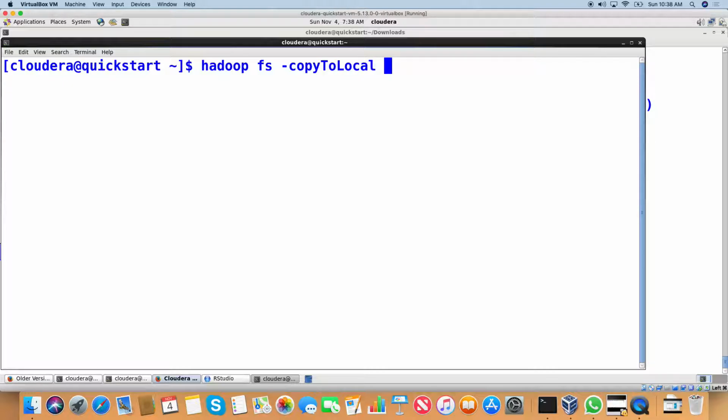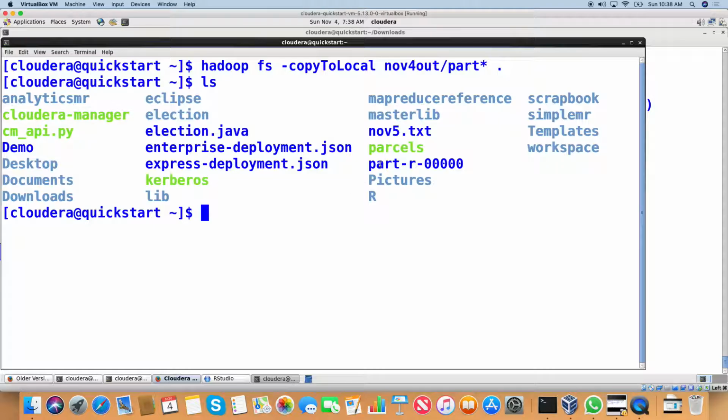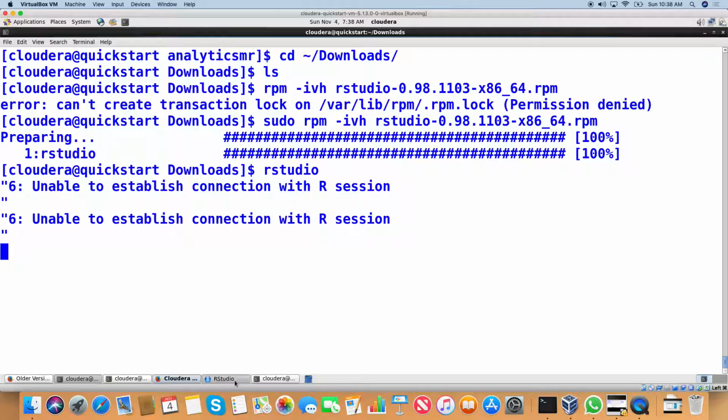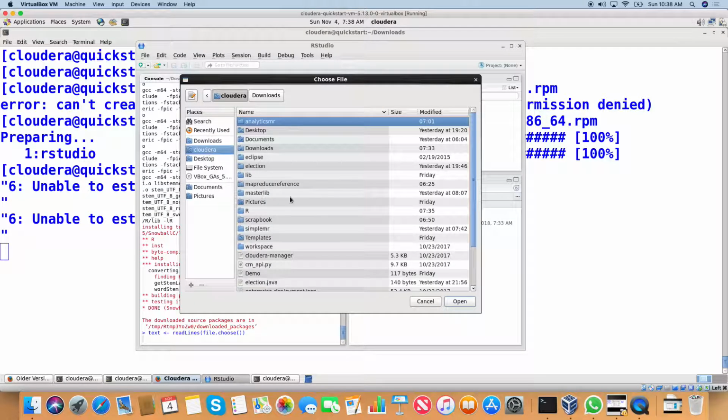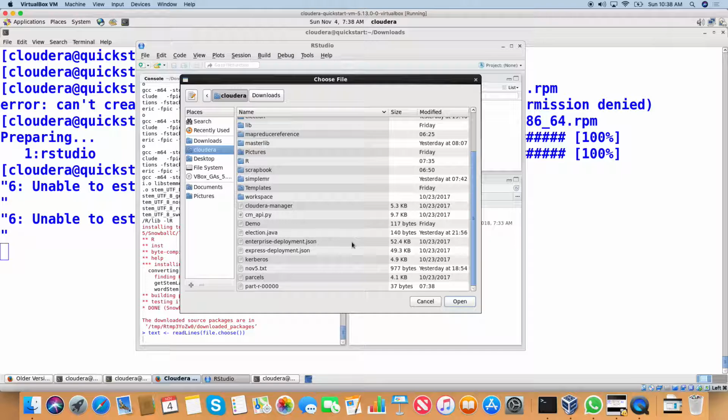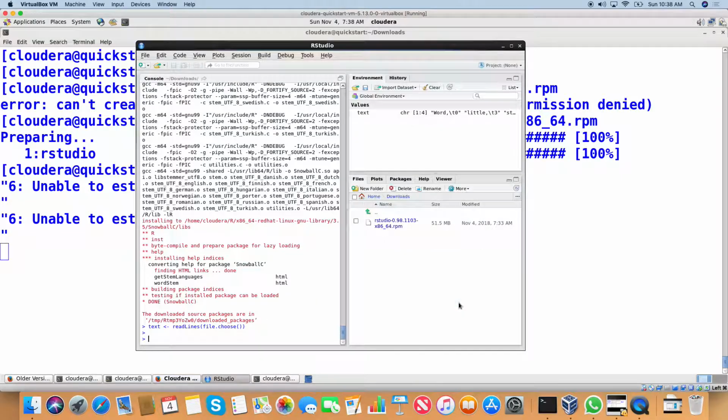Okay. What is the file name? November 4 out/part-*, to dot. What I am doing? Current directory. I am copying it, and let us see whether it is copied or not. ls, yes, right? Now I am coming back here. RStudio has asked me the file, this one. Go to the Cloudera folder. Select that. So what does that mean? It read that text. And now